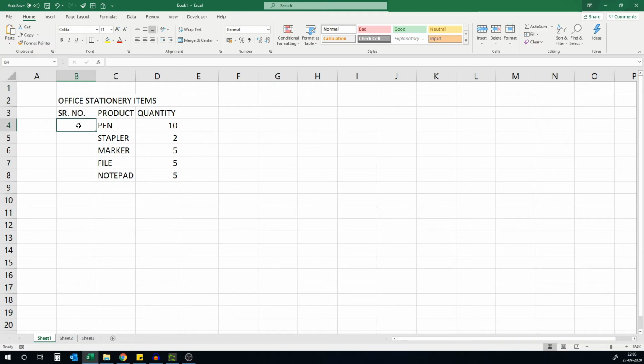To give serial numbers to the items, I can either type the numbers manually or select and drag the first few numbers of my sequence. Excel will automatically give you the next numbers in the sequence.